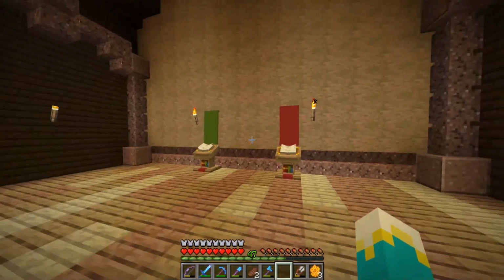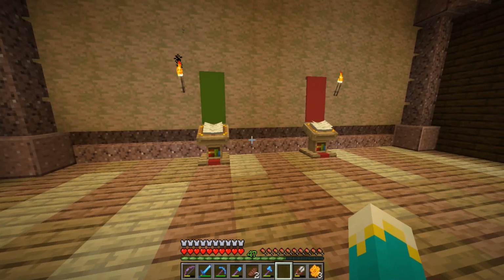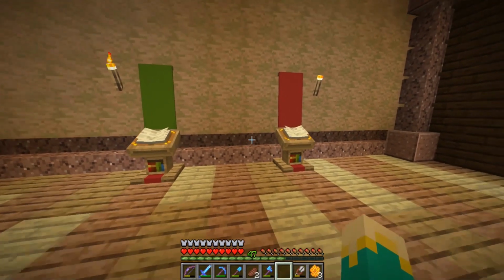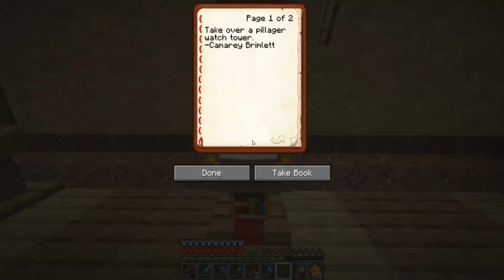I'm not really good at committing to these, just want to throw that out there, but it is more or less just to give me something to do if or when I run out of ideas or just need something to do to take a break from what it is I'm currently doing. So we have a couple new challenges. This first one is to take over a pillager watchtower by Camry Brimlet. Thank you, Camry. I actually did see a couple pillager watchtowers as I was going around hunting for bees, so this should be pretty easy to do now that I know where they are, because before I didn't know where